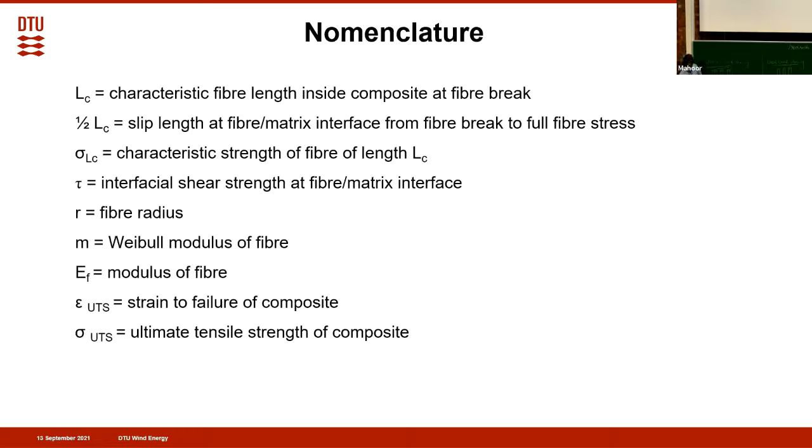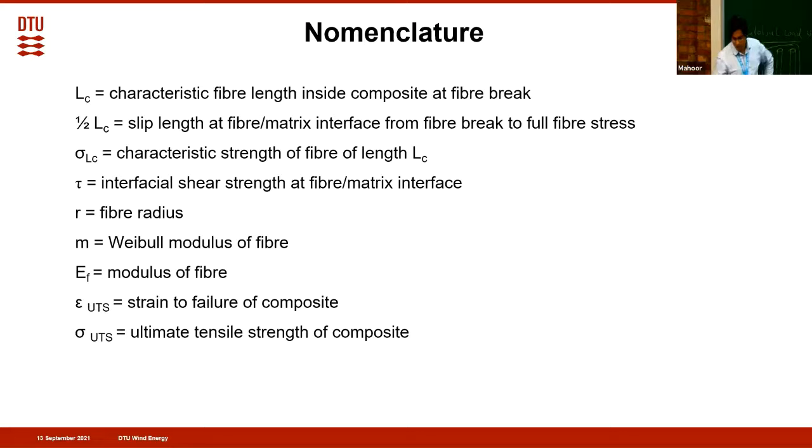Here's a long list of nomenclature that will be used in the derivation I will try to discuss. I think you already know a lot of them. If we start from this tau, I will go to the top 3 ones later. Tau is the interfacial shear strength between the fiber and the matrix. R is the fiber radius, M is the Weibull modulus,